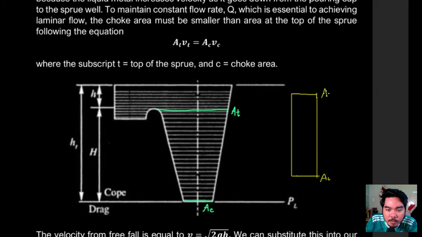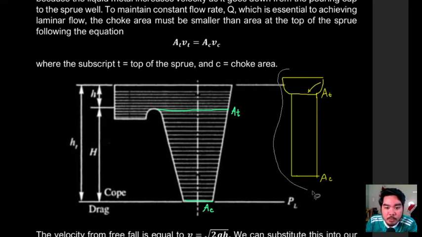whatever we just say AT to, no? A sub T. So A sub T again is the area at the top of the sprue, just below the pouring cup. So if, for example, if we have a pouring cup like this, kunwari ganyan, then the area at the top is just equal to the area, the choke area at the bottom, which we have computed now based on the equation from the previous module. Okay? Pero if we are considering a